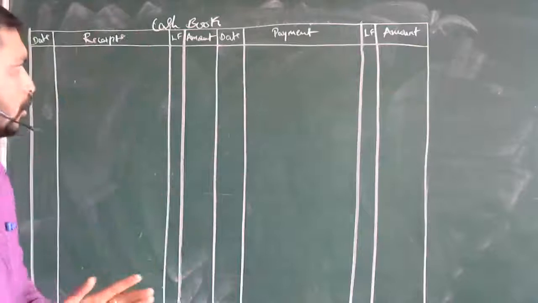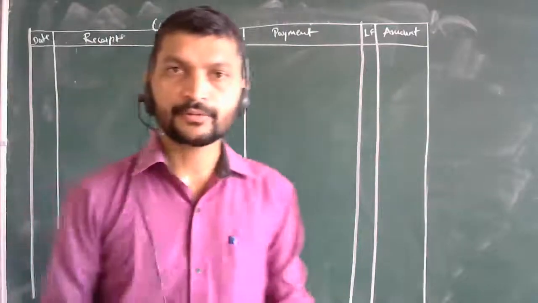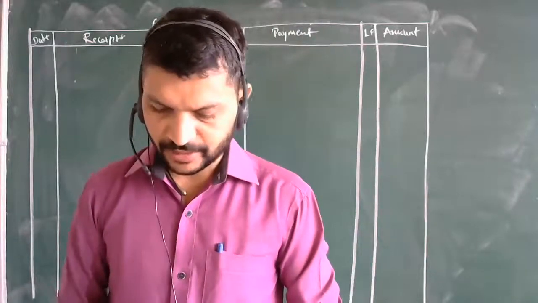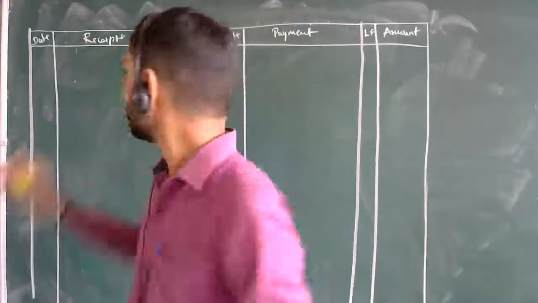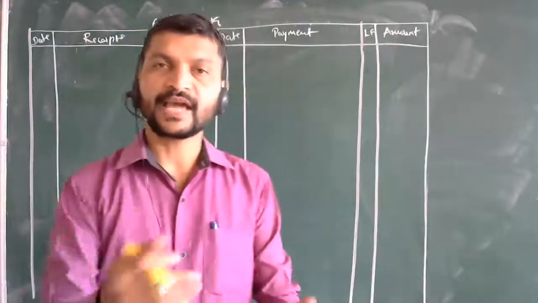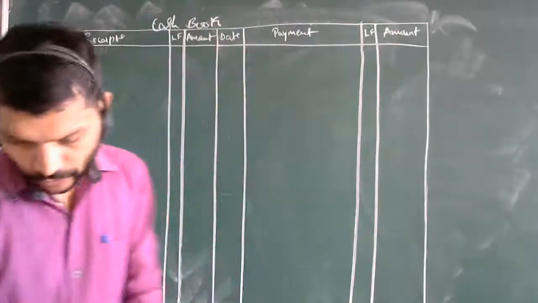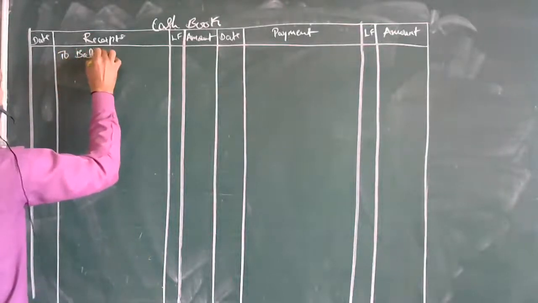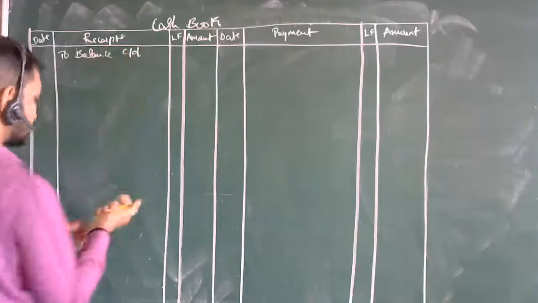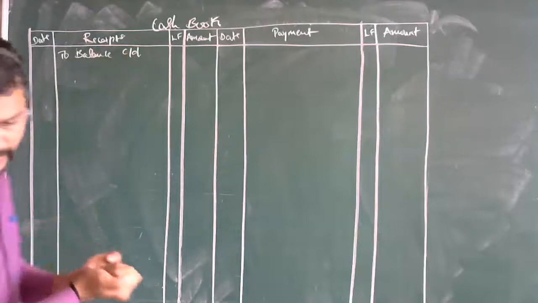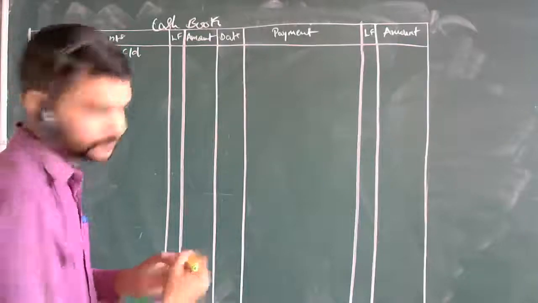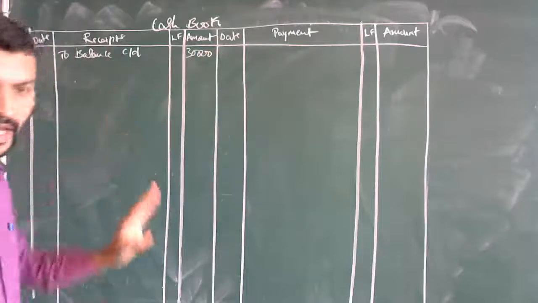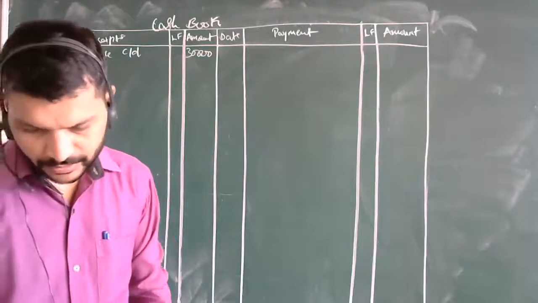So this is all about the cash book, where we are going to make the entries. One by one, the first entry says cash in hand. If you have cash in hand, in the cash book you are going to carry down the cash here. As usual, the balance is carried down. How much is the cash balance in hand? 30,000. The date for this is 1st October.